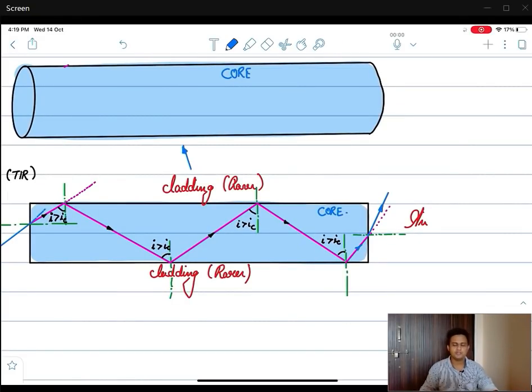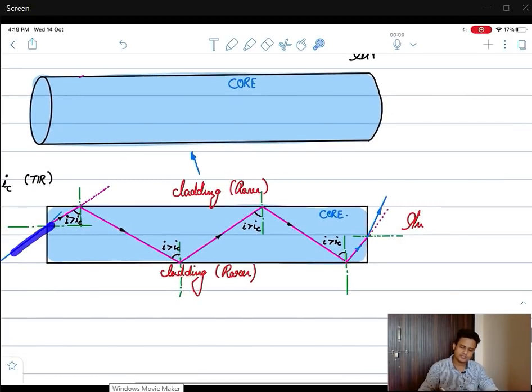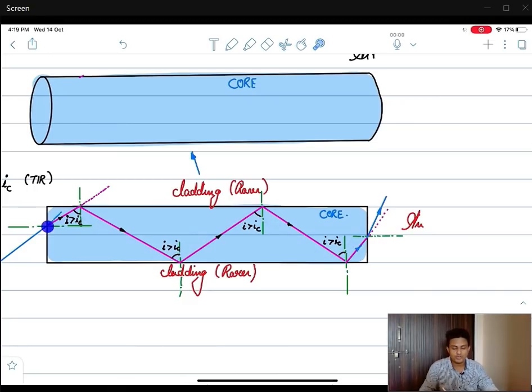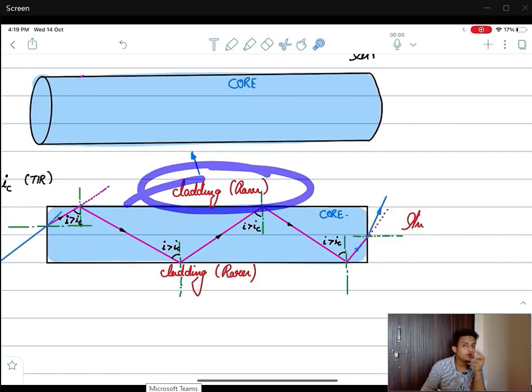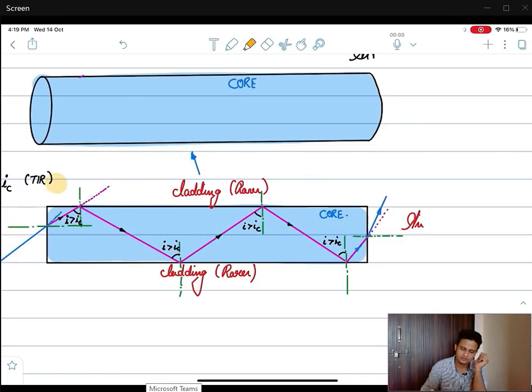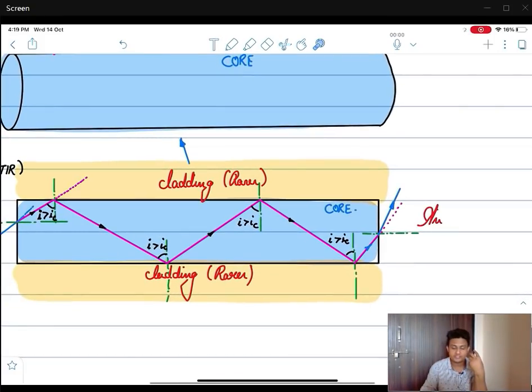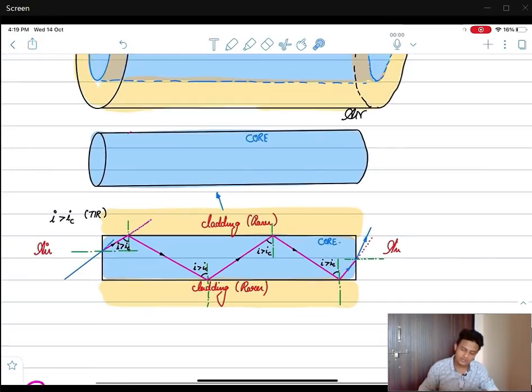So what exactly happens is, once the light enters here, it undergoes multiple reflections, and due to multiple reflections, the beam has the least tendency to come out of the cladding. It won't come out from the cladding. See, here you have the cladding layer. This is cladding all over. This is also cladding all over. So whatever signal you send inside remains inside the core, and there are actually few losses, but those losses are negligible.